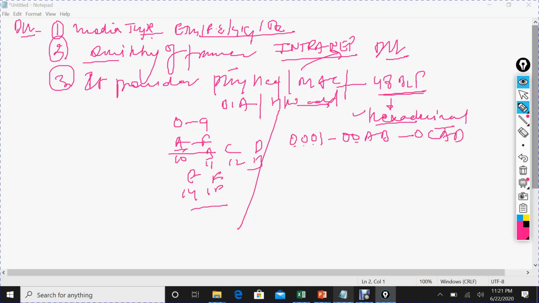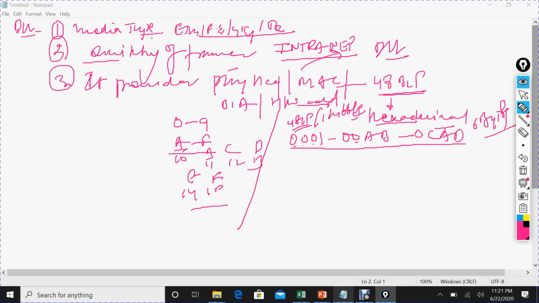Each character is 4 bit, or you can say 1 nibble, because 1 nibble is equal to 4 bit. So 12 times 4 is 48. So your hexadecimal is 48 bit, or you can say 6 byte, because 1 byte equals 8 bits.